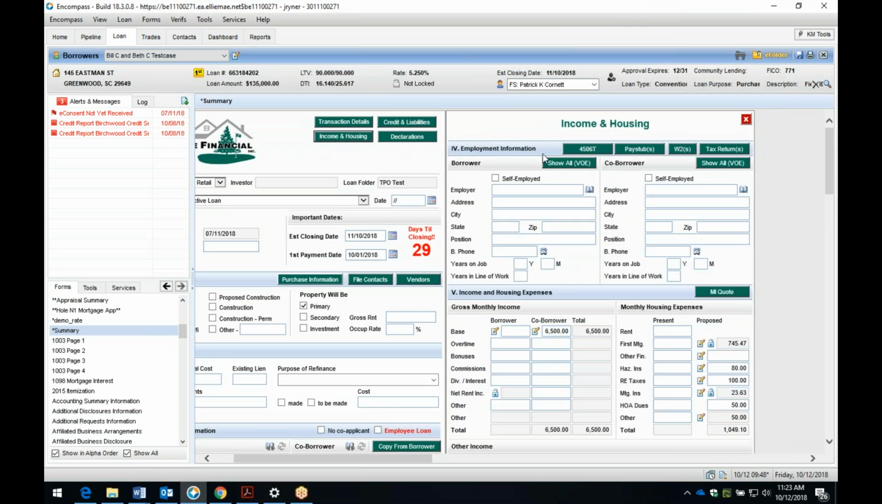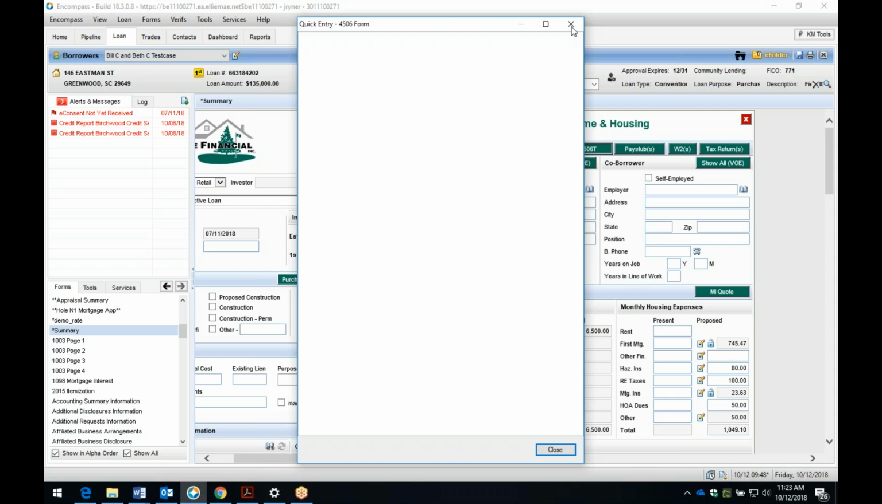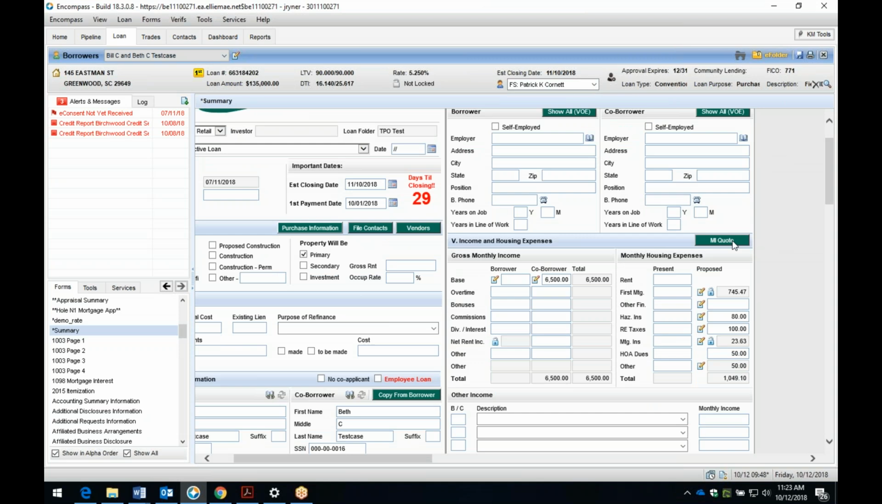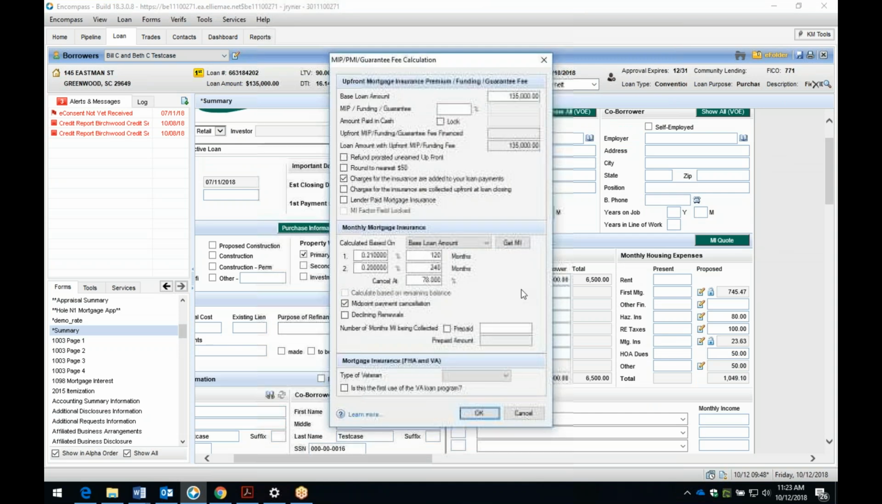Under the income and housing section, I could jump straight into the 4506T. Shortcuts to the pay stubs, W-2s, and the tax returns, e-folder items. A new item that's been added here is our mortgage insurance quote. I could go ahead and, if none of this information were populated,